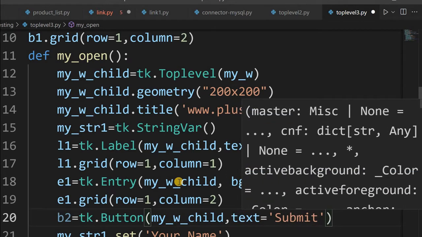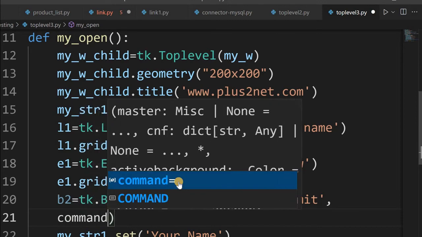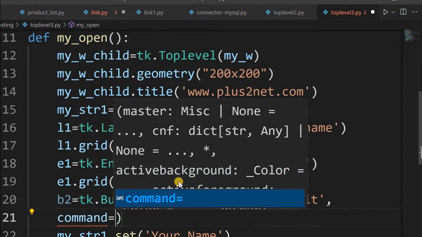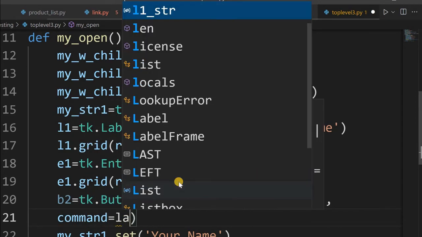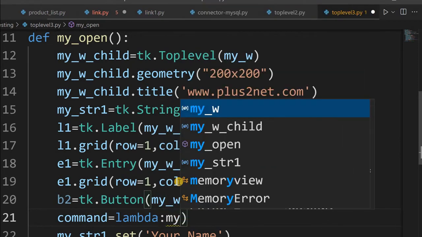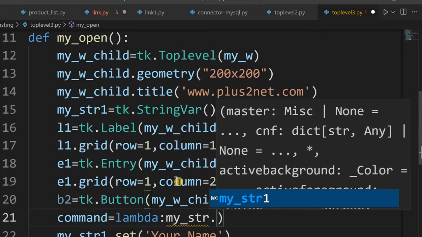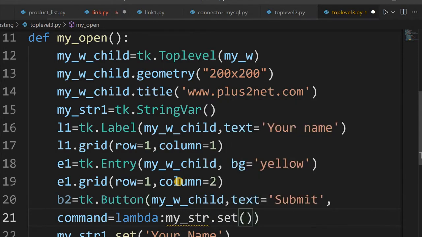Now what command will you give? In the command we'll go to the next line. Command equal to lambda. Now my_str. What is my_str? That's the string variable in the parent window. Set, that value we are setting.